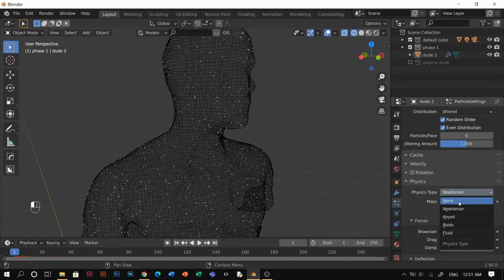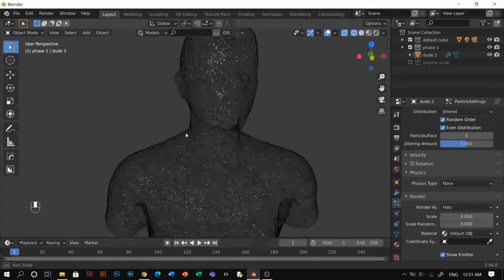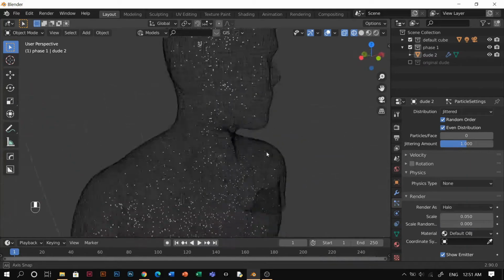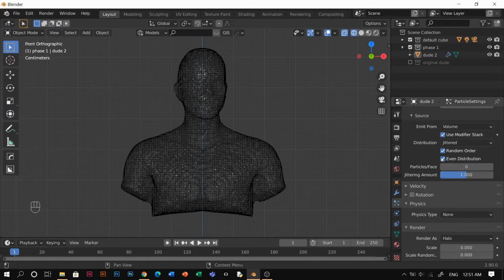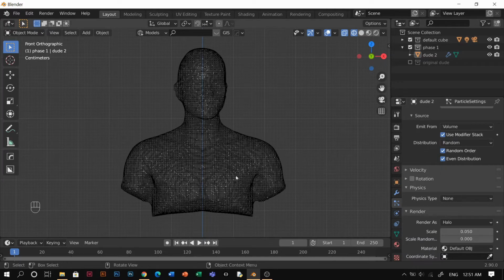We just need them to be static. So you put it to None, and then you will see they go to the middle, or they go inside the mesh. But as you could see, even when we check even distribution, even if you change the jitter to random, it's getting more even, but you can still see